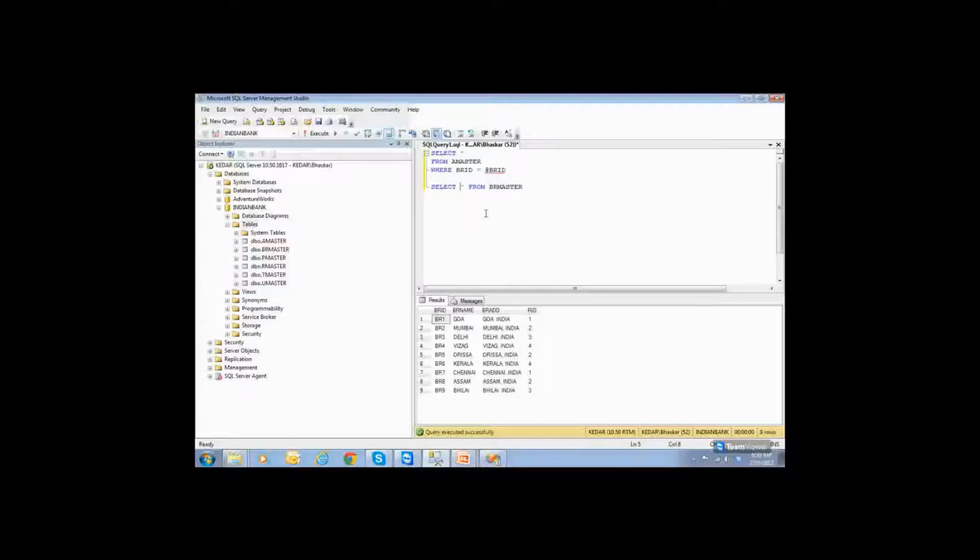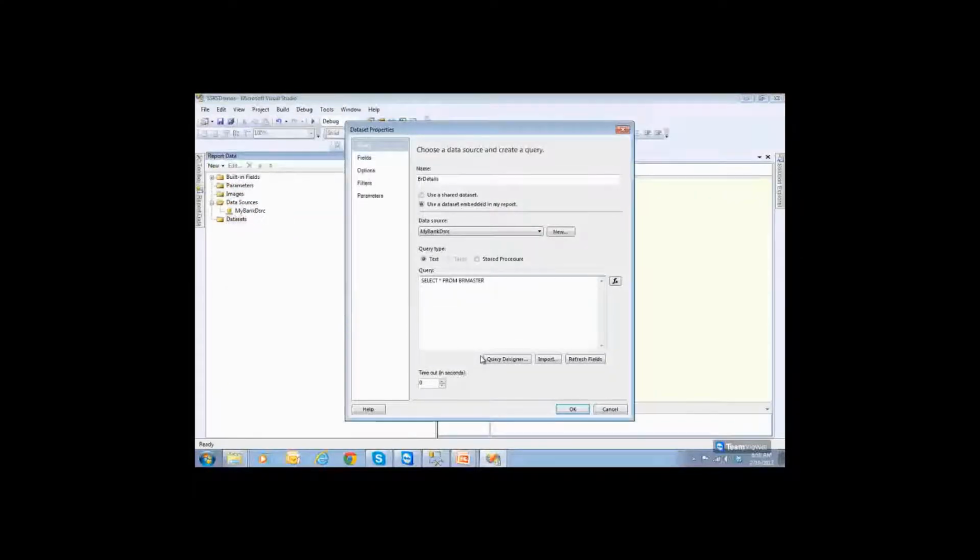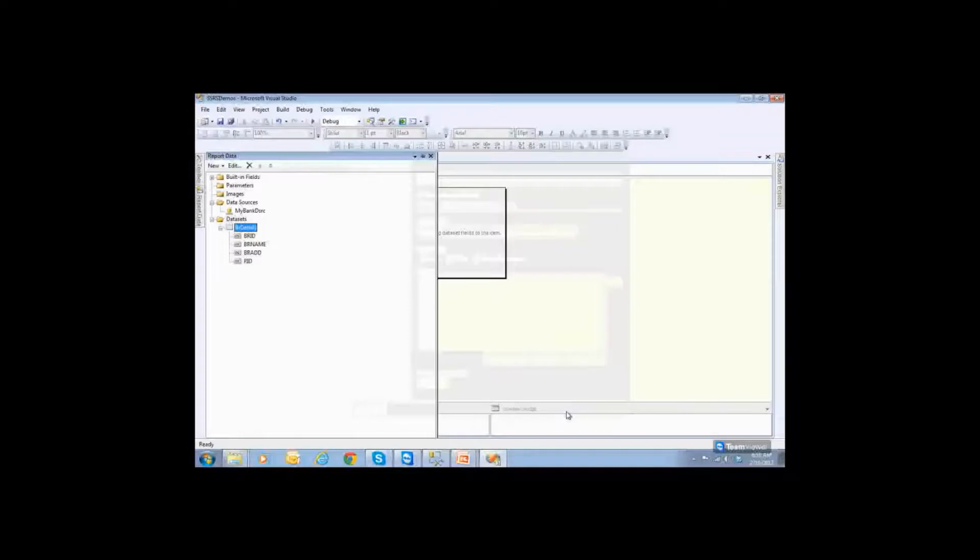Now you go here, you choose the data set and go back here. You may need not all of them, or you may use all of them also, there is no issue. The name is BR name. There is no issue, so let us use the star itself. Control C, Control V. So select star from branch master.